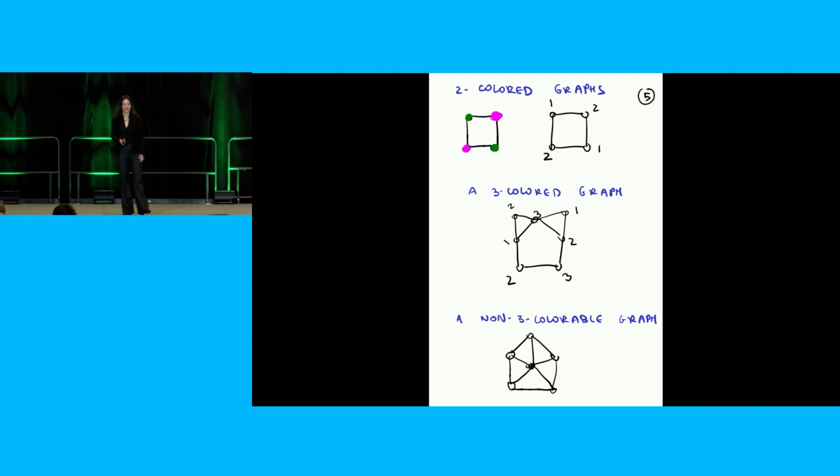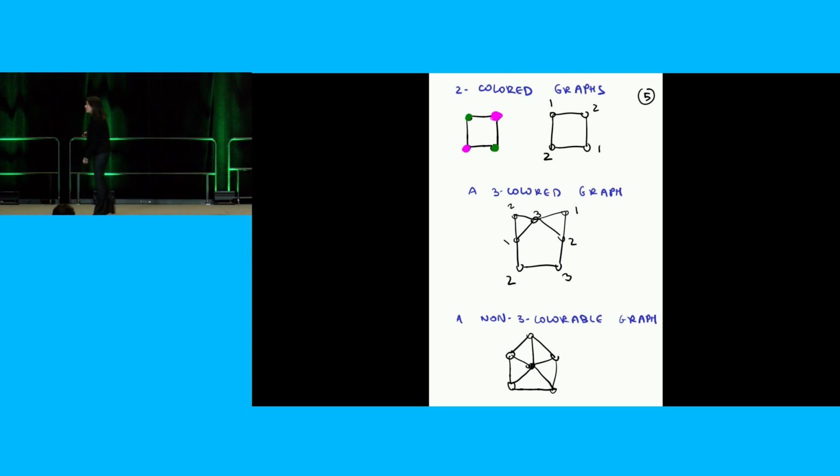So here are some examples again. First, I have some graphs that are two-colored. So these are graphs where the two-coloring problem has a solution. So here's this one. It has one color that is blue and one color that is fuchsia, I think. Or usually we color with numbers. There's color 1 and color 2. And this is a three-colored graph. So you can see 1 is a stable set, and 2 is a stable set, and 3 is a stable set. And now this one at the bottom, that's a graph that's not three-colorable.